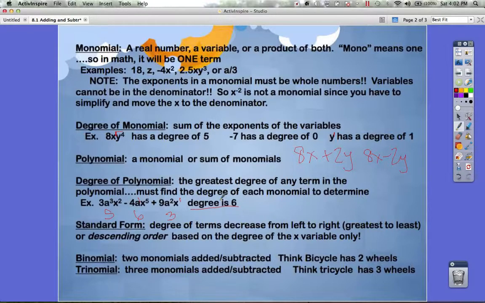All right? Standard form means the degree of the terms decrease from left to right. In other words, from left to right, it's going from biggest to smallest, based on the degree of the x variable only. Okay, so when we're doing standard form, it's based on the x variable only. So if we had 8x^5, 9y squared,